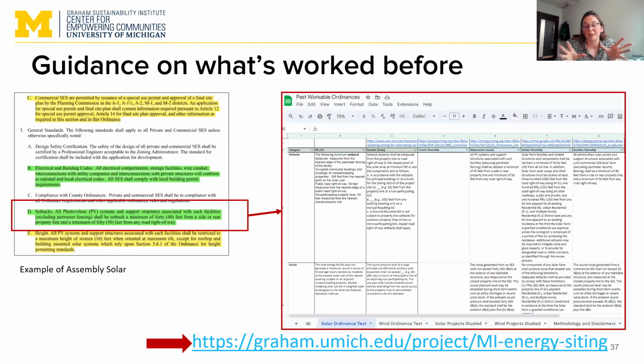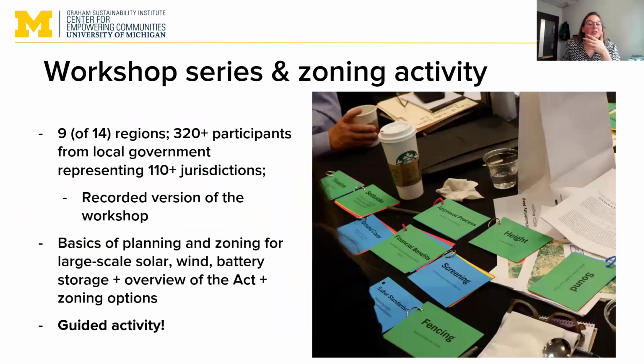And pulled it all together in a big spreadsheet, and really got the sense that we have none of these ordinances that led to projects in the past that have actually met those CREO standards. They all exceed CREOs in some way. They either have a more restrictive sound standard or they limit the location. But this really gave us an idea of what a local government can perhaps ask for without tipping the scale and having a developer go through the state process. So